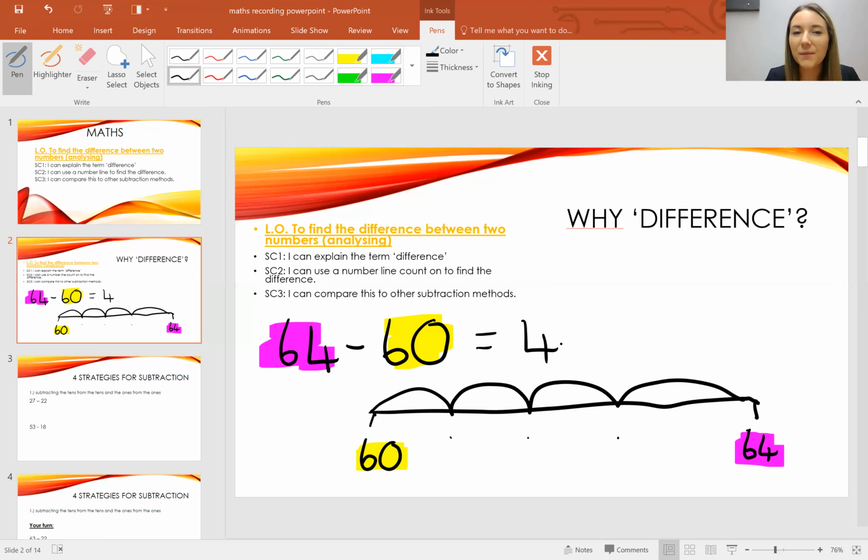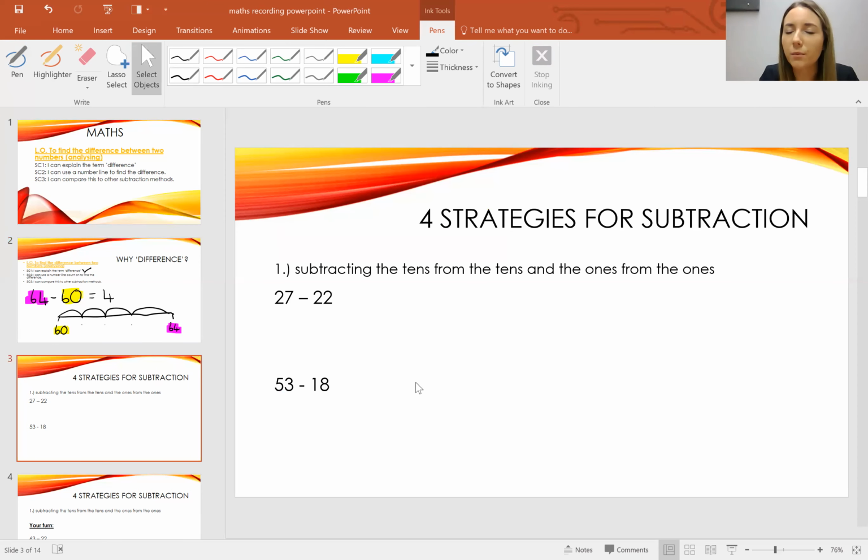Have you done that? Well done. So we've achieved success criteria 1 to explain the term difference. So now we're going to have a look at all of the strategies that we've learned for subtraction so far. And we're going to have a go later on at using different strategies and thinking about which is the best